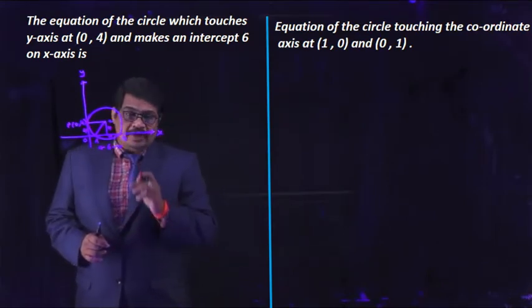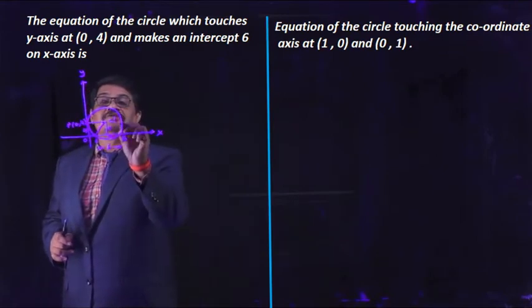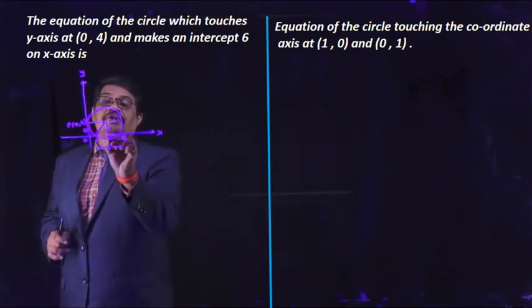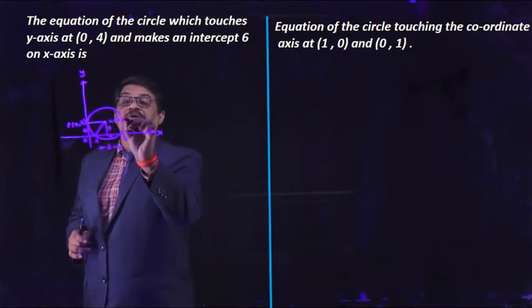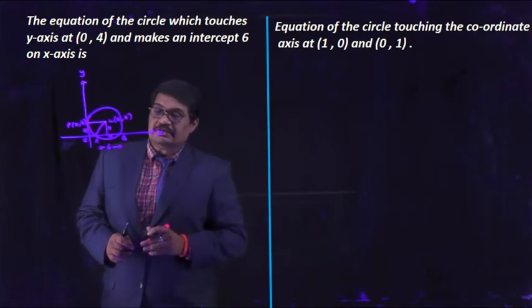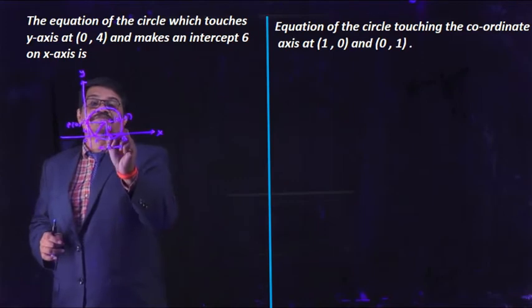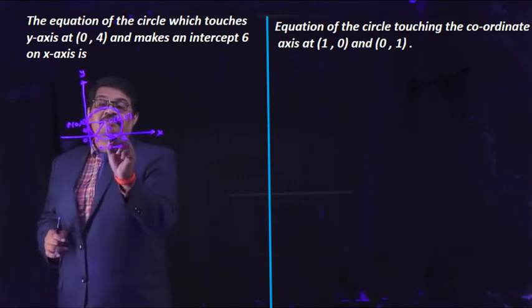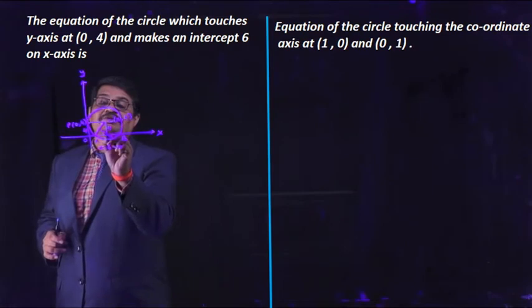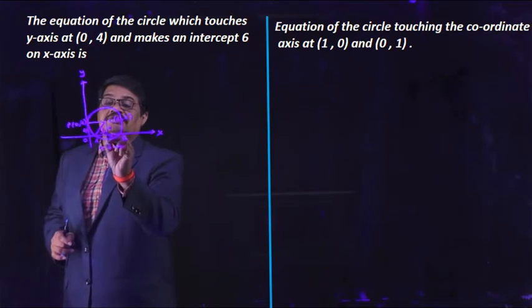Now we are writing the coordinates of C. What are the coordinates of C? This is the x coordinate, this is the y coordinate. CM is the y coordinate. We are finding the x coordinate. X we have taken as a variable and the y coordinate is 4. The y coordinate of the required circle's center is 4. CM is 4 units. This AM is 3 units.